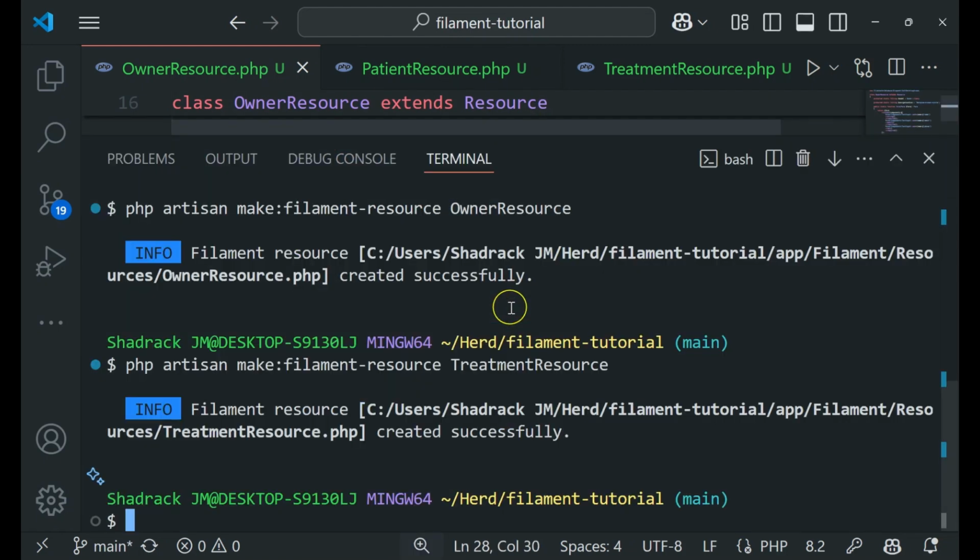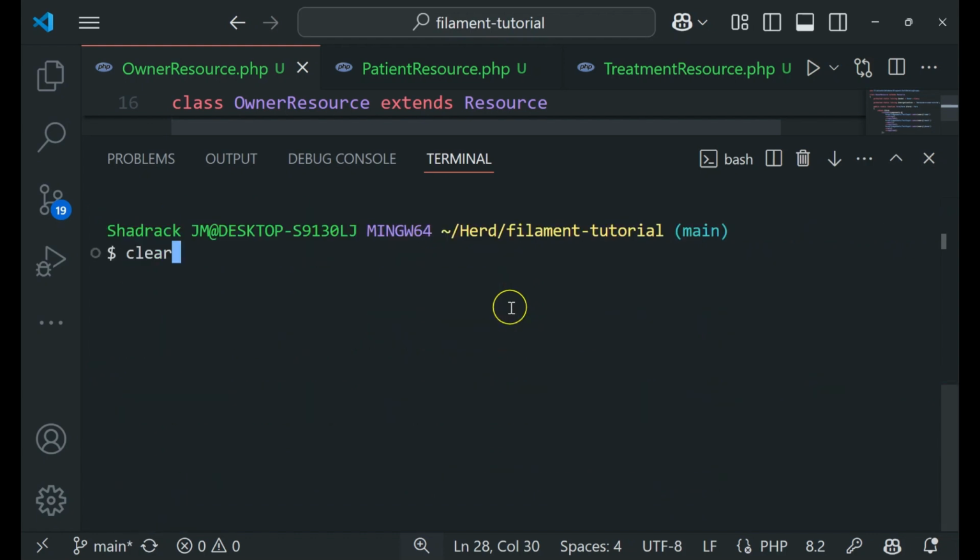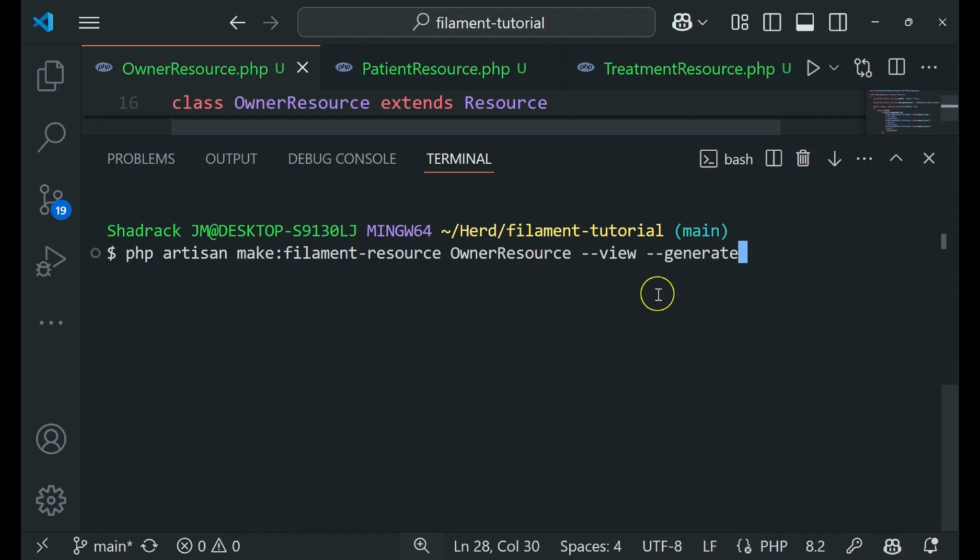So by doing so, let me just clear my terminal again. When you are creating a resource, for example the owner resource, you have the option to pass flags here. The first flag that I'm going to pass is view, so that we have the action for viewing the data. The second is the generate option. When you run generate, it will automatically generate the required forms, tables, and everything that you